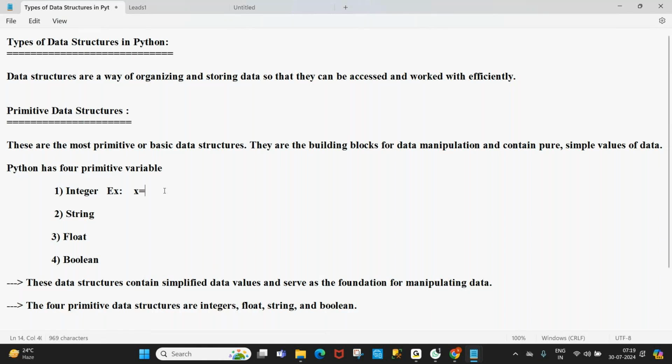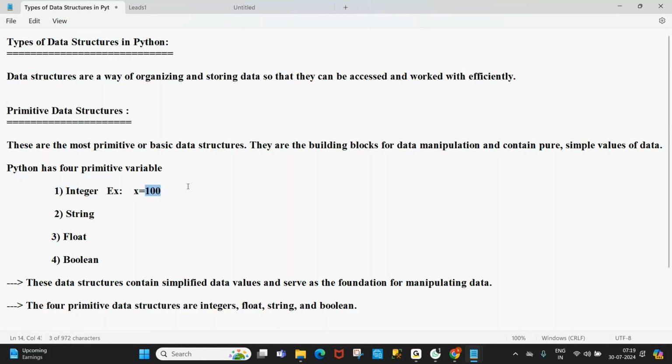Pure means a single and simple value, say 100. x is equal to 100. Now tell me, 100 is an integer value, just an integral part. Now x is a variable that can hold the value 100.